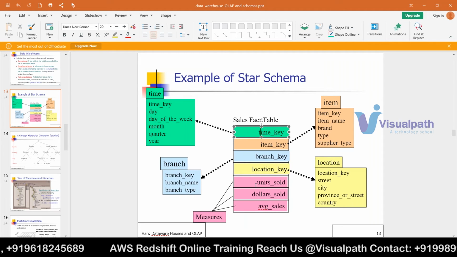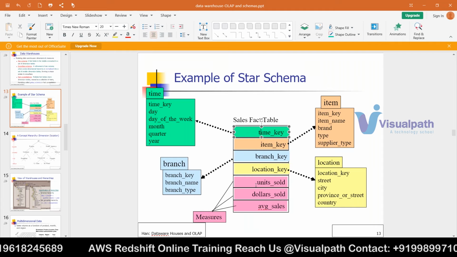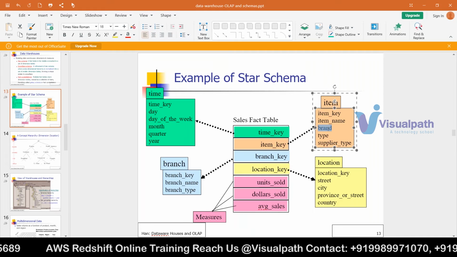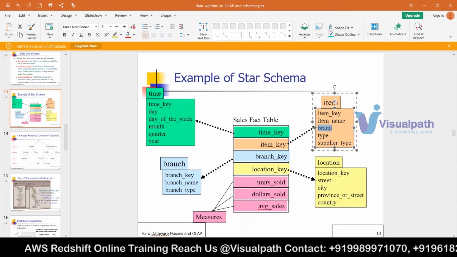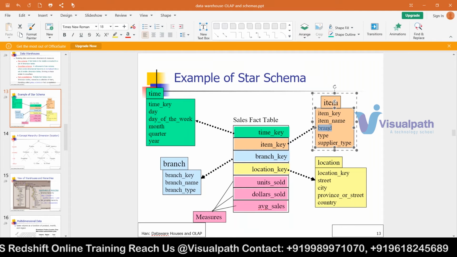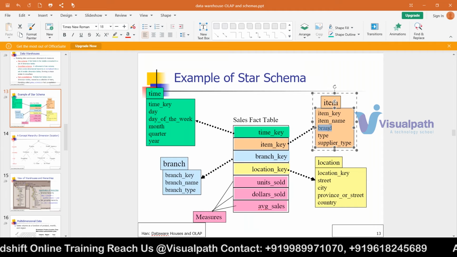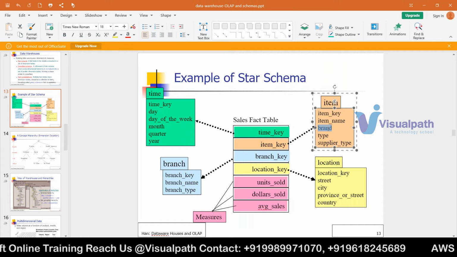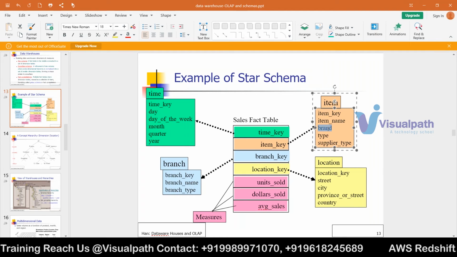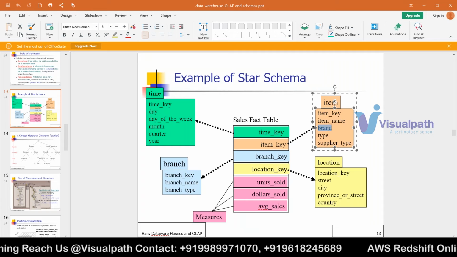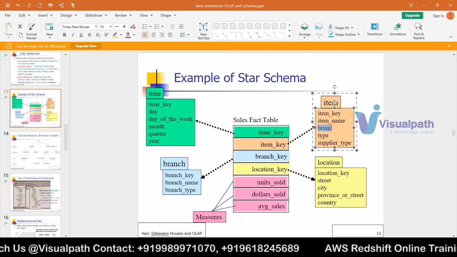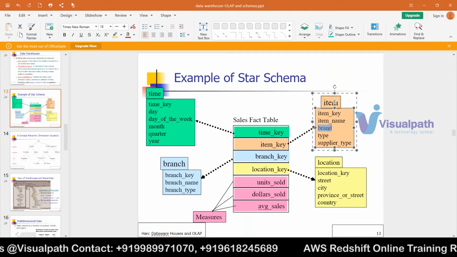Okay, good. So what is a star schema? Star schema means a fact table surrounded by dimension tables. And those dimension tables are denormalized in nature. That is a very important point. Denormalized means all the data is present in the dimension table only, and they are not further divided. All the dimension data is present in a single dimension table. That is called star schema.